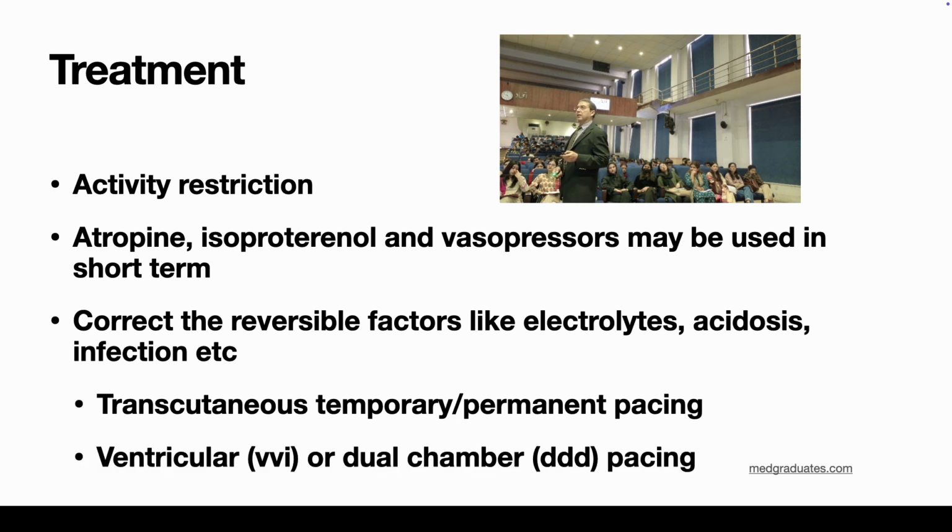I think this is the last slide. The pacemaker can be ventricular or it can be dual chamber. Dual chamber means one electrode is in the atrium, the second one is in the ventricle. So there is sequential activation which is similar to the normal activation of the ventricles. The single chamber ventricular pacemaker does not have this normal physiological functioning, but the dual chamber can mimic normal physiological functioning. So if you've got any questions about this,